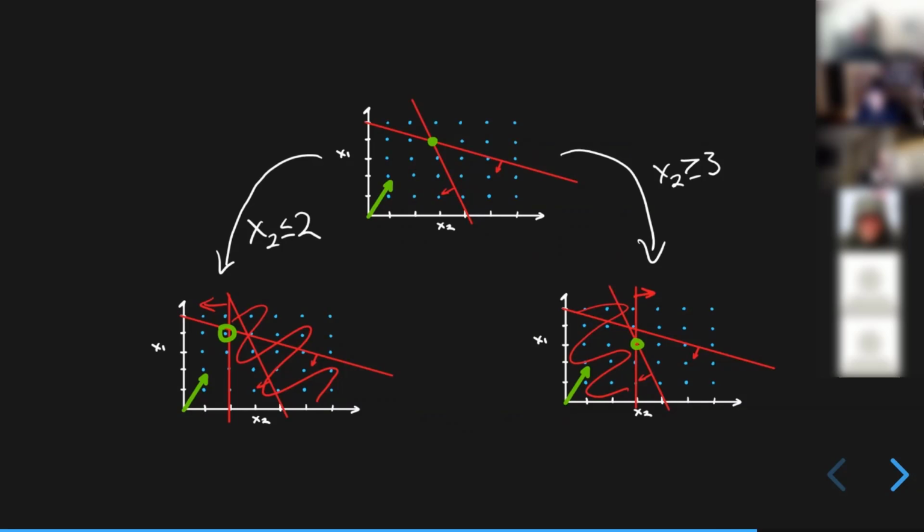And you can imagine just kind of keep branching down and keep adding these constraints to these subproblems until you're forced to get to a solution where all your integer decisions are actually integer values. That technique is called branch and bound. You choose a decision variable, you branch on it, and then you create new subproblems with new constraints until you actually get to integer solutions. Now, as you can imagine, that's a bit more computationally intensive, right? Instead of just searching the nodes, which are where the constraints intersect.